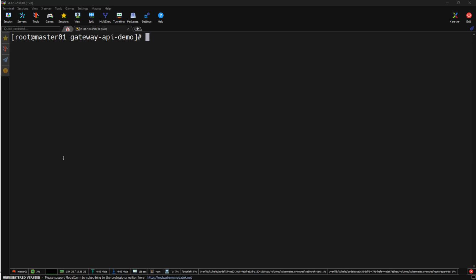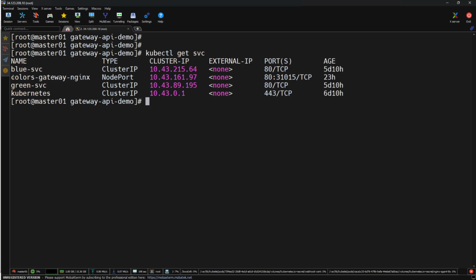NGINX Gateway Fabric automatically creates a second service behind the scenes. If I run kubectl get service, we can see another service called tls-gateway-nginx that got created with the type NodePort. This service is created by NGINX Gateway Fabric. If you notice this IP address, it is the same IP address assigned to the gateway. So if I run kubectl get gateway,